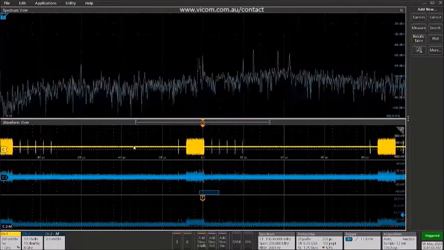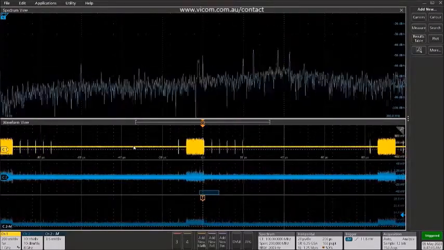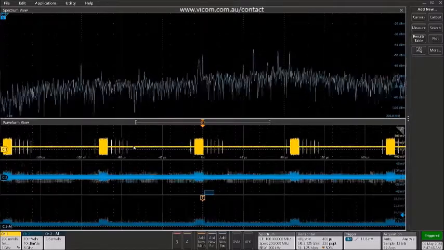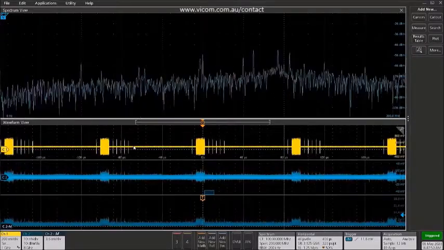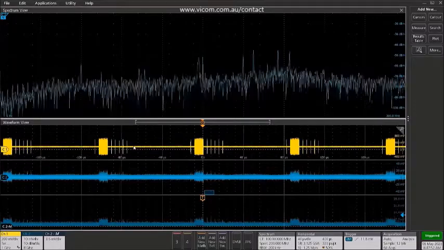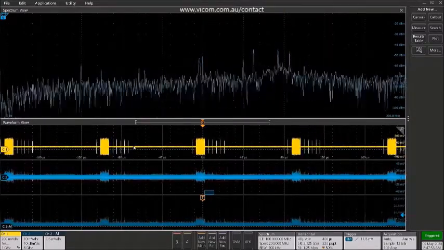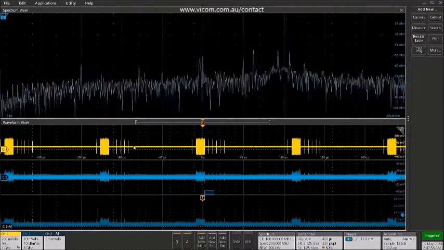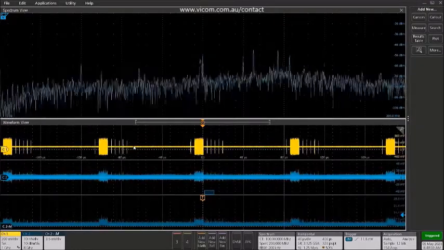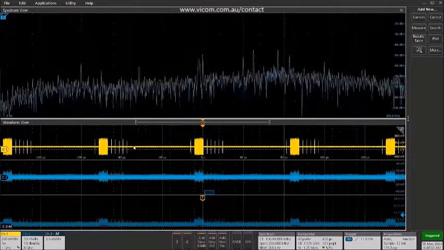So this short video has shown how you can use spectrum view on the 4, 5, and 6 series oscilloscopes, along with the new RF versus time triggering capability to isolate transient RF events and help you to identify those electrical signals on the board that may be coincident to and may be responsible for those particular RF